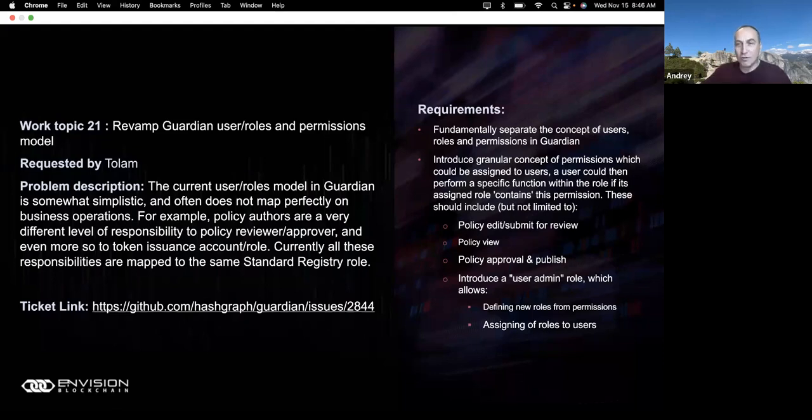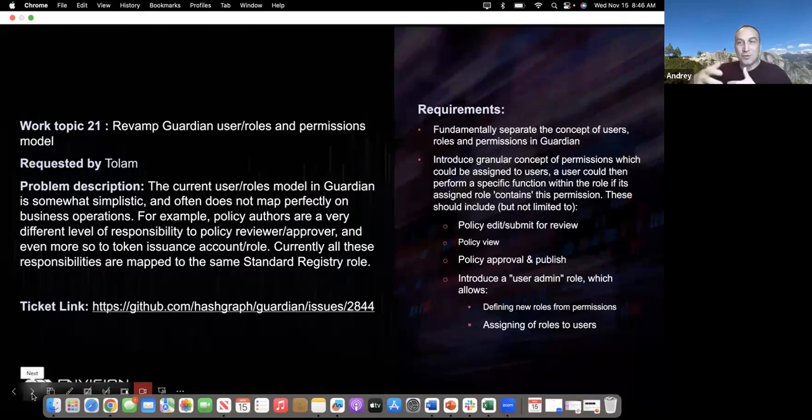I would imagine at the approvals level at a standard registry, there's some reviewer who is going to review the policy after it's been authored by multiple authors, also in a traceable way, and that is going to be a much more important key, and therefore that action is going to be much more significant. So we just need to rework this and create many more roles and an interface to manage those roles and assign roles to users and so on.